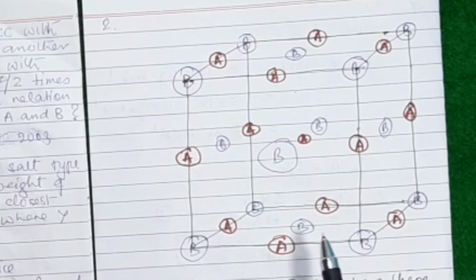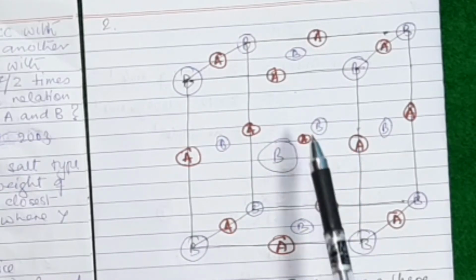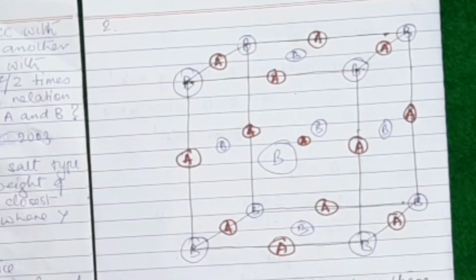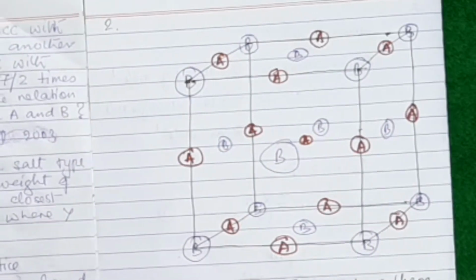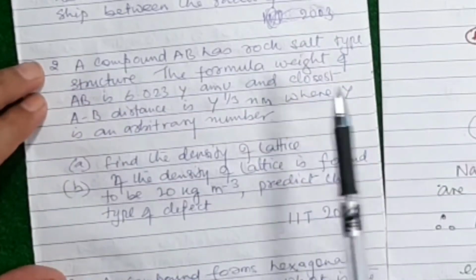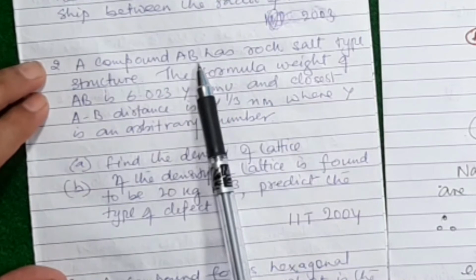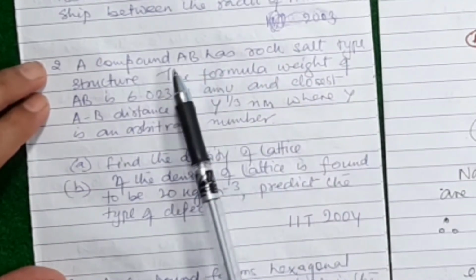These red ones are all sodium ions. And there's one octahedral void right at the middle of the FCC here. So there is one sodium ion here at the center of the FCC, or face-centered cubic unit cell. So this is NaCl type of crystal. But the problem over here, question number 2, is not exactly dealing with sodium chloride. It is dealing with a compound called AB, which has got rock salt, which is sodium chloride type of crystalline